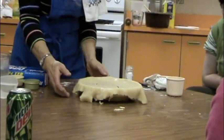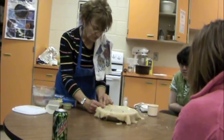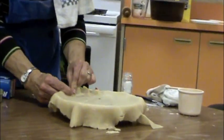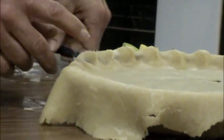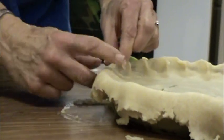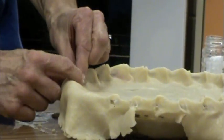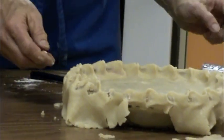Now, the next trick is you have to crimp the top and the bottom crust together so that they don't shrink. So you just take between your finger and your forefinger, you flute the top of the edges. Or you could use a fork and go like this too if you wanted. This takes a little practice to learn, but once you've mastered it, you'll remember it forever. So you just crimp the sides and the edges. And now, what you do...